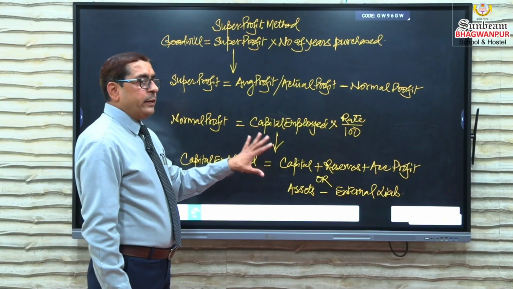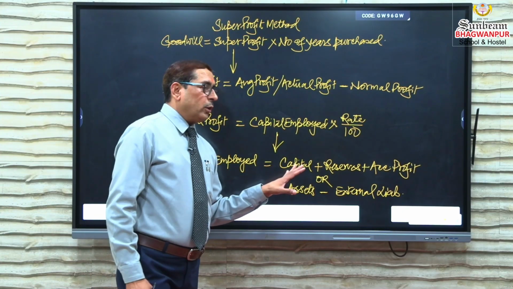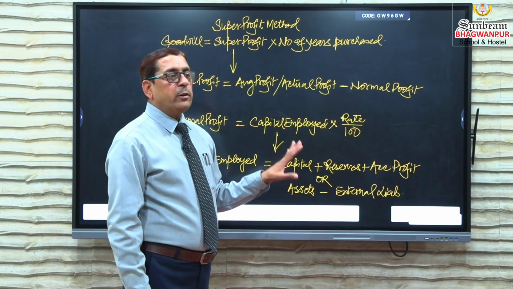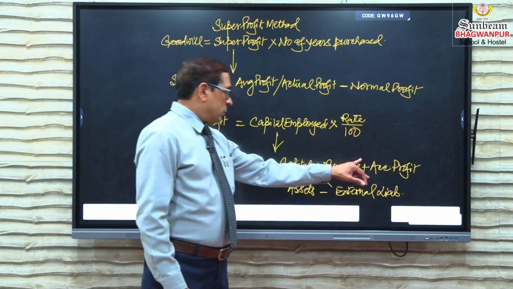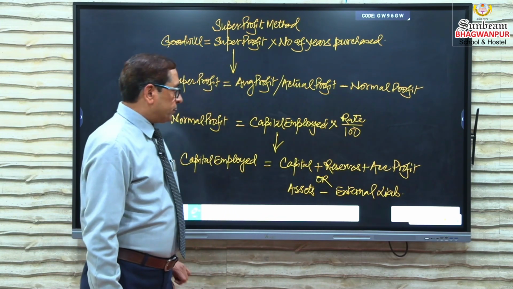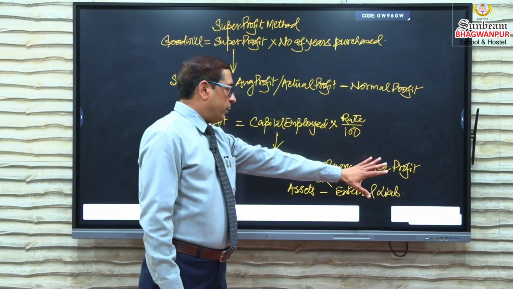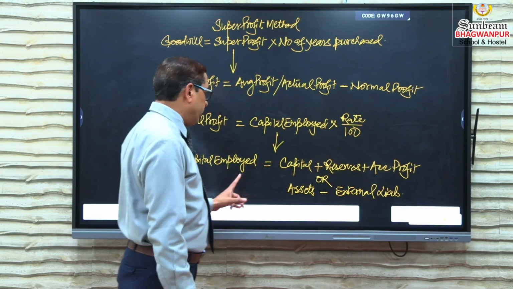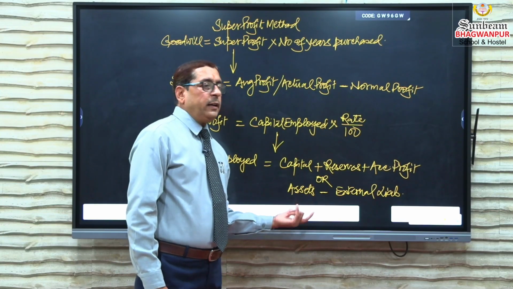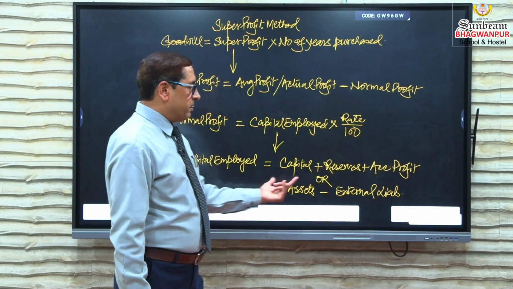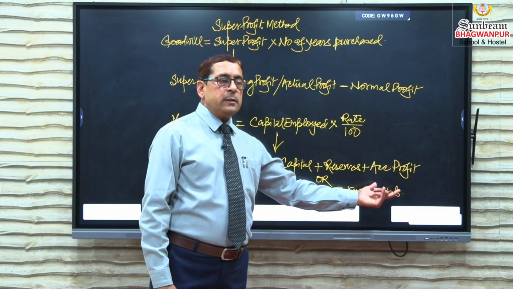So simply you will take the total capital which includes all the assets, whether they are non-current assets or current assets, then reserves, then profit. So capital plus reserves and profits is one way to calculate the capital employed. Another way, total assets, non-current assets and current assets, minus outside liability,